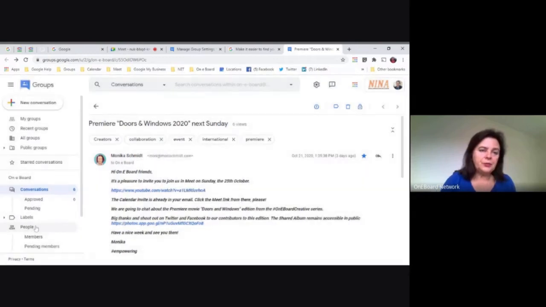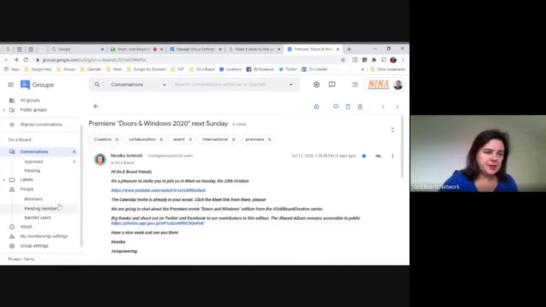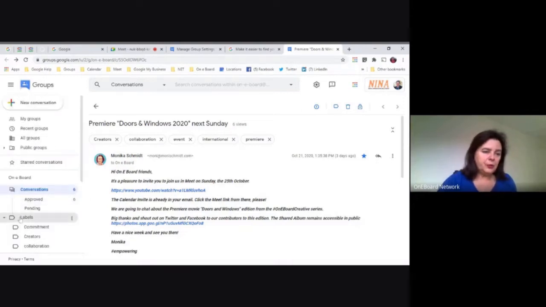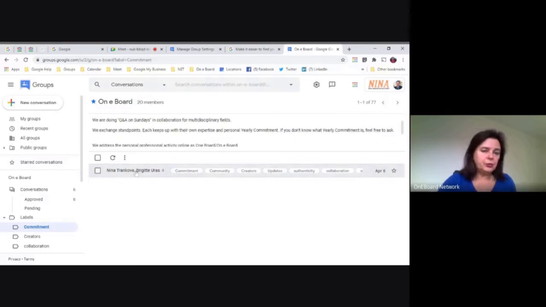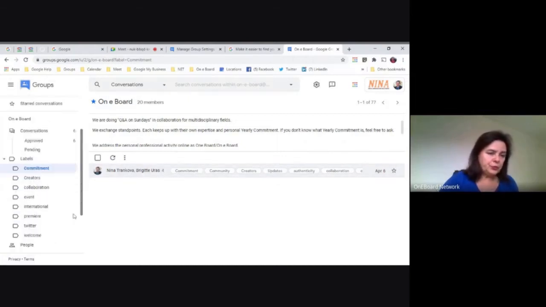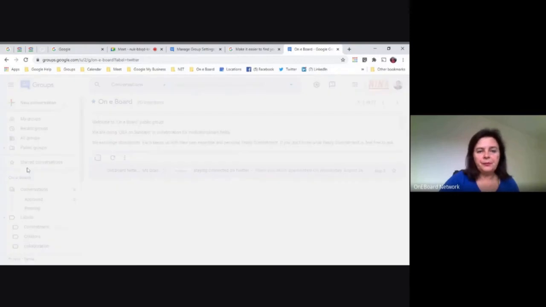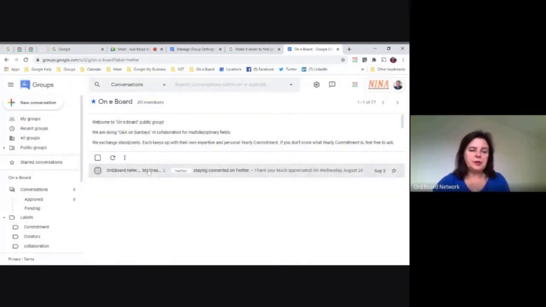So everyone from the group can work with labels and have consistency in our conversations. For example, for commitment, we are having a yearly event that is coming in December and we are going to add the labels for commitment here. If you go to Twitter, for example, these are the Twitter lists we keep on Twitter for the OniBoard group.